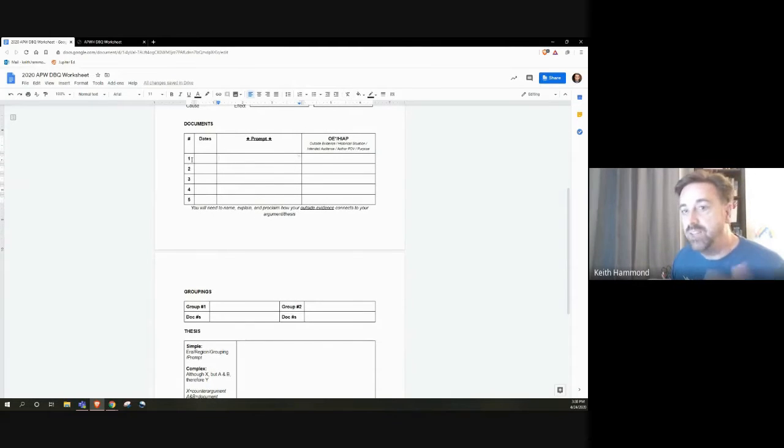On the far left, I like to have the numbers. Second column, I like to have the dates. The dates can be very helpful depending on the type of essay I write. And I like to know what are the interactions between the documents. Is this happening at the same time? Are they in response to each other? Or is one happening 1 year in the future and the other one is happening like 10, 50, 100, 200 years in the future? All those things are going to help me understand the document and also understand what would be a smart argument